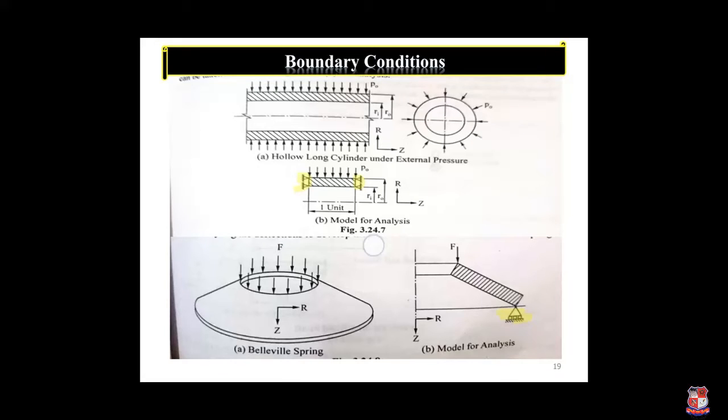Another is the hollow cylinder considered under an external pressure. The first case is the internal pressure, and the second case is the external pressure. When the external pressure is there, we have the roller. If we are holding a cylinder from the outer side, external pressure will be there, or any pipe inside a water tank. It will be considered as an external pressure. Have you observed here, the same internal and outer radius are there, and it will be simplified like this.